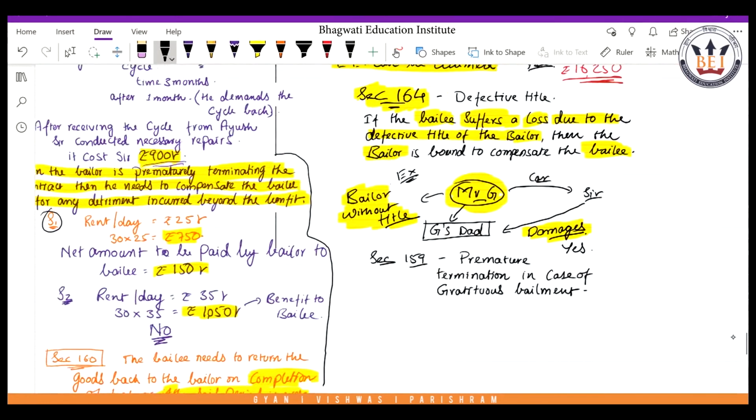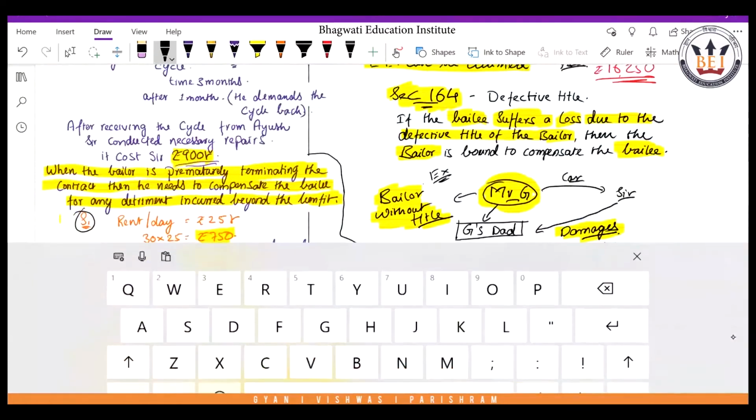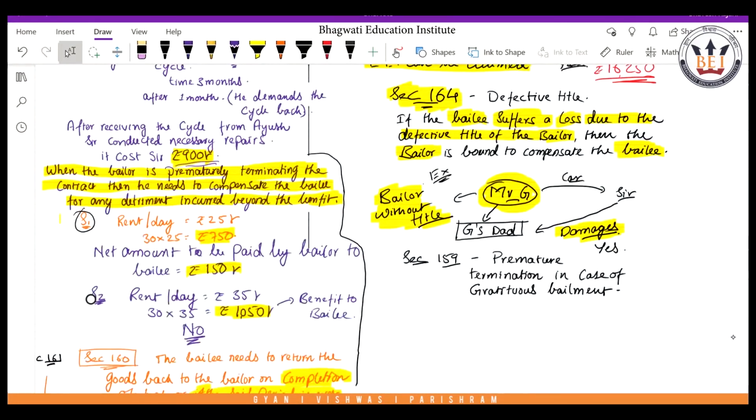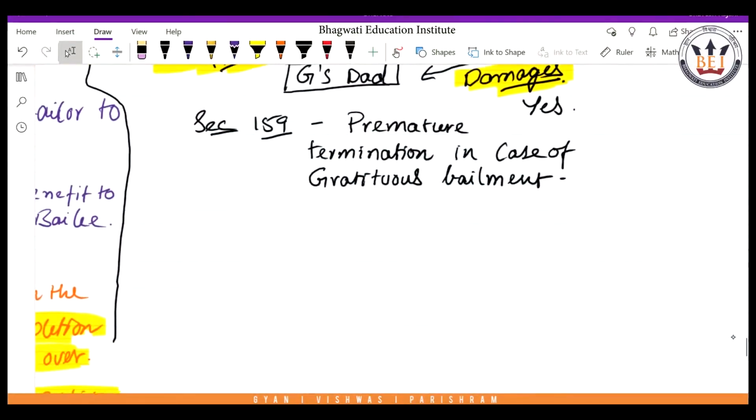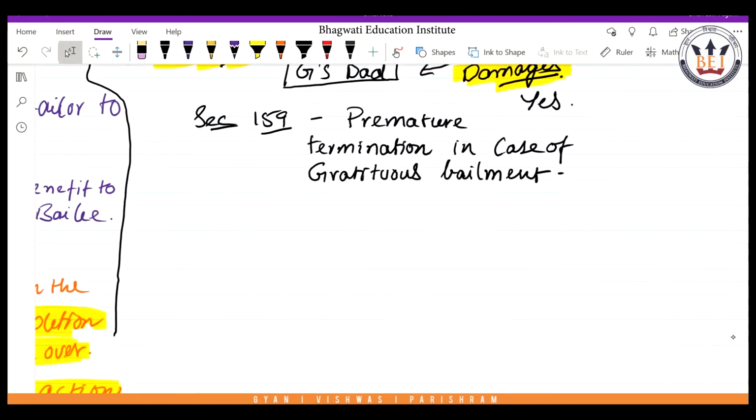So that was section 159, the duty of the bailor to compensate the bailee in case of premature termination of gratuitous bailment. That is section 159. Now rushing on to section 160. ये भी हमने किया हुआ है, right? What does section 160 say? ये तो हमने बहुत detail में कर लिया था 159 already. 160 क्या बोलता है? The bailee